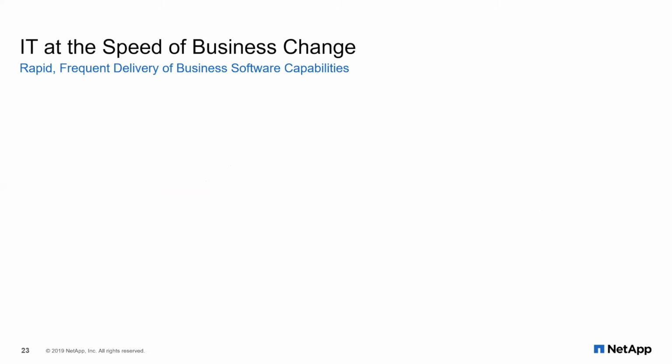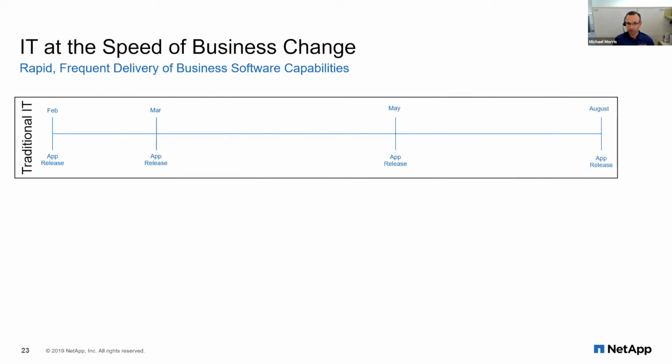So ultimately, what we're trying to achieve here is IT at the speed of business change. As I think all of you are aware, business changes daily, there are rapid changes and a lot of competition, and we need to be able to provide rapid and frequent delivery of business software capabilities to match the speed that business changes. And we're trying to get away from the traditional IT application release model,